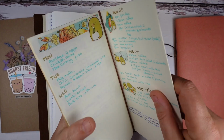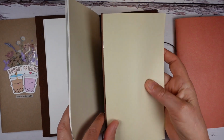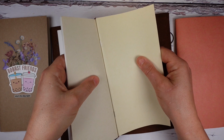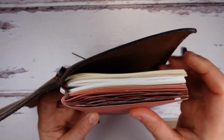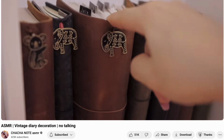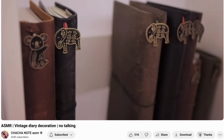There are lots of videos online explaining how to add more than 1 insert. I personally wouldn't use more than 3 inserts in my journal because once you add the 4th, the pages extend beyond the edges of the leather cover. There are also videos online explaining how to restring the spine elastic on your notebook. You can also add additional strings, and if you want to see someone that really pushes the envelope on how